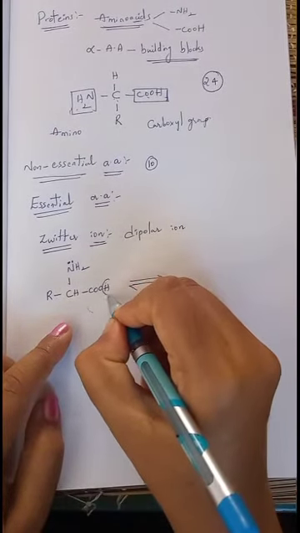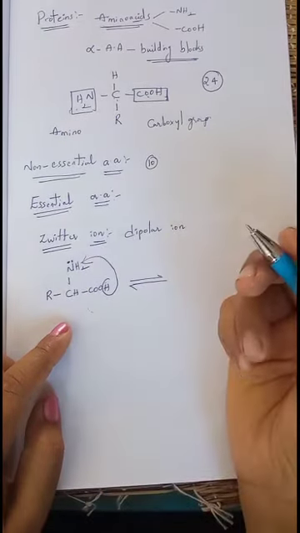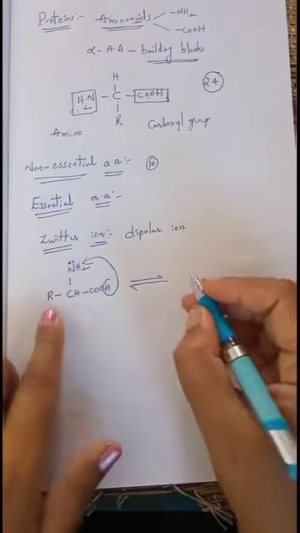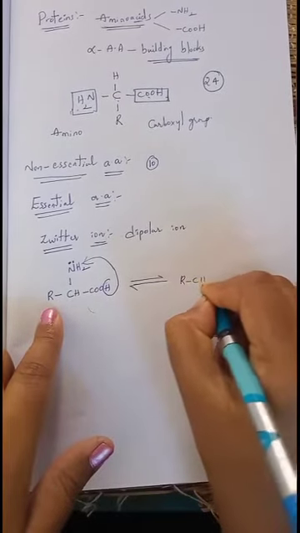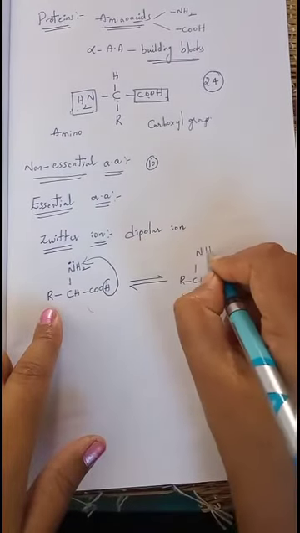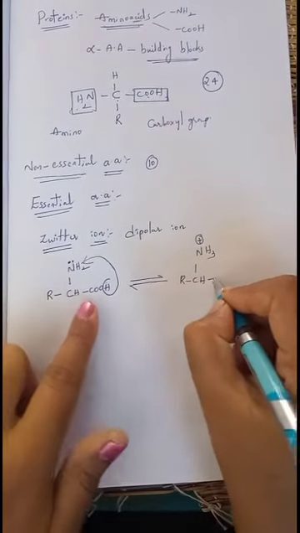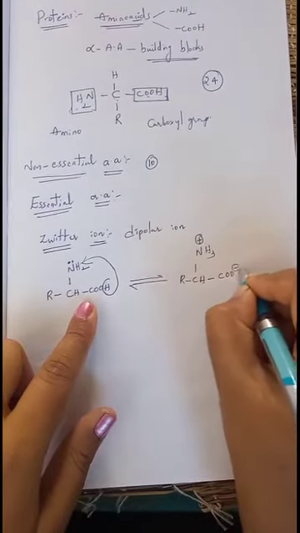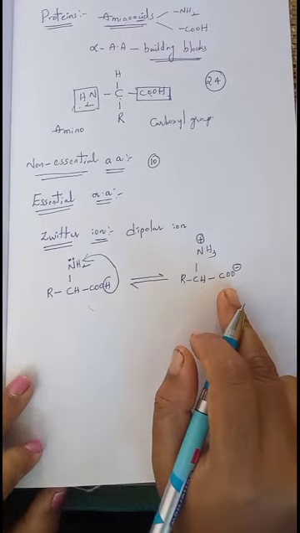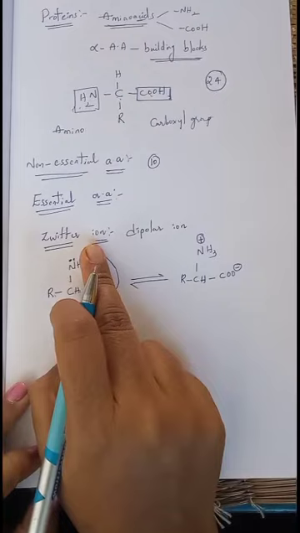Then the hydrogen present here can be eliminated as H+. That H+ is accepted by the NH2, by the lone pair of electrons present on nitrogen. Then it is converted into RCH, NH2 already there, and by adding one more hydrogen it becomes NH3. Due to losing electrons it will have a positive charge. Then here COO minus, because H+ is removed. Here an ion containing two charges is obtained. This is called a dipolar ion, commonly known as Zwitter ion.